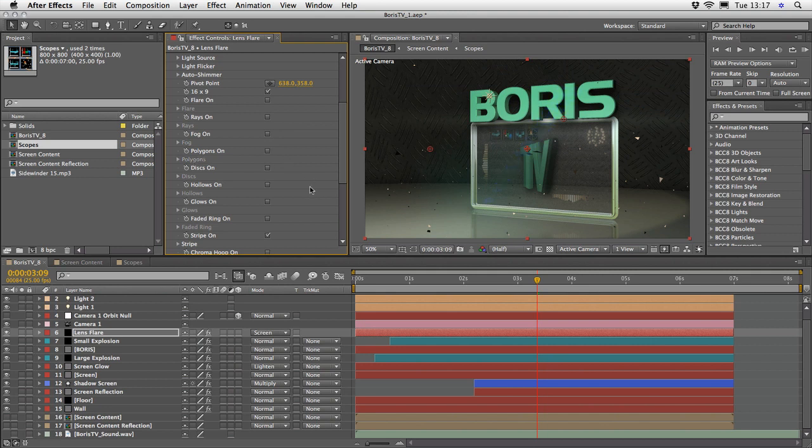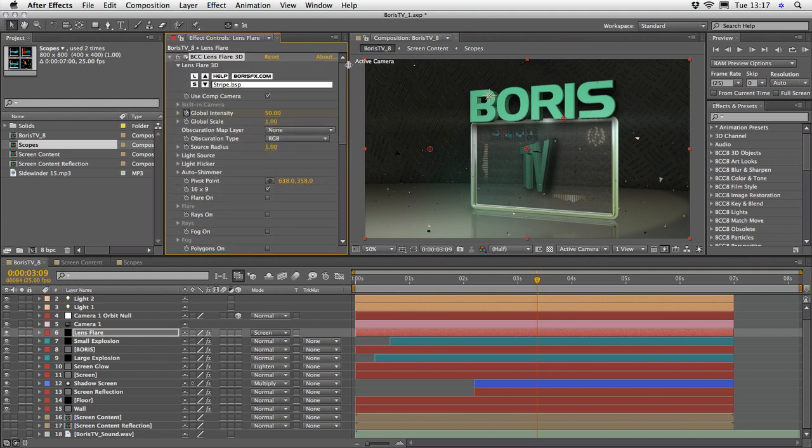I'm just going to turn off most of what I have here already and just leave the stripes on. And of course, under each one of these, you have many parameters to choose from. So this is once again very subtle, but I think it will contribute to the whole atmosphere. And then once everything is in place, I raise it back to 32 bits per channel and created a RAM preview. Now at this point it looks like the screen may need a little bit more attention,